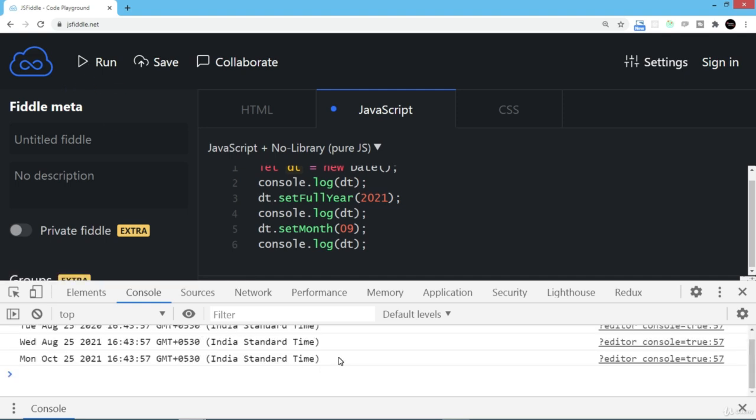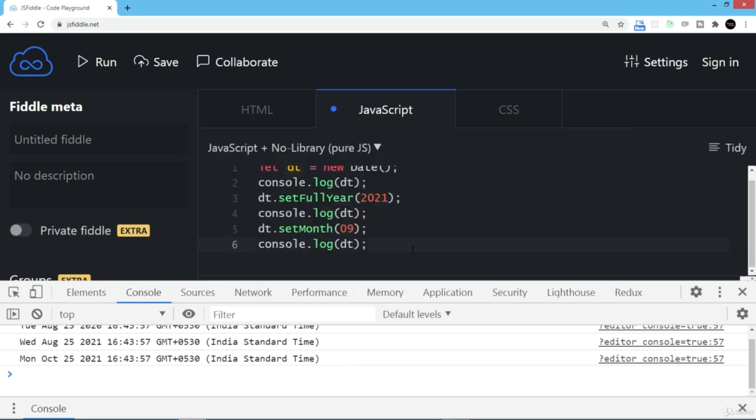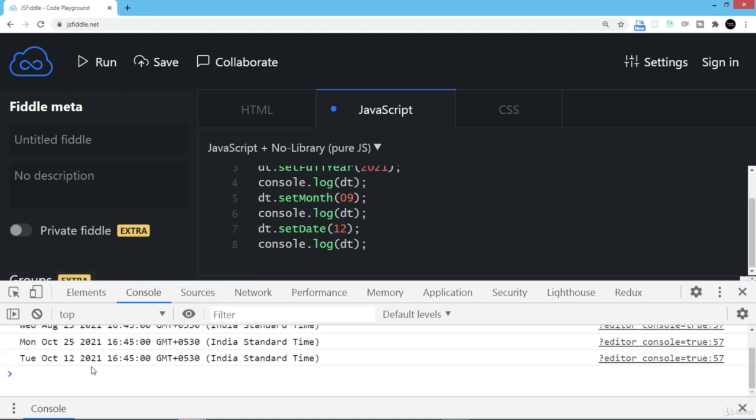The way we have setMonth, we do also have setDate. Here you can give a day and that will be the new day for this particular date. So let's do that. I'll say dt.setDate. In the brackets I'll give, let's say 12. And now we run the code. Now you see that every time setFullYear, setMonth and setDate change the date, and every time there are